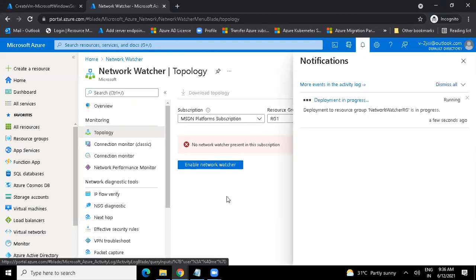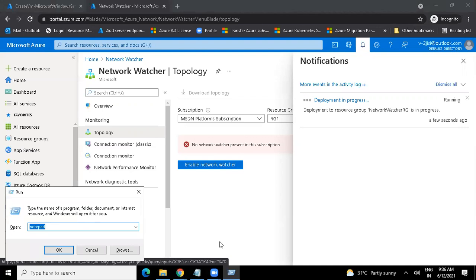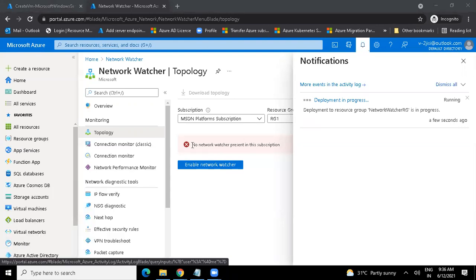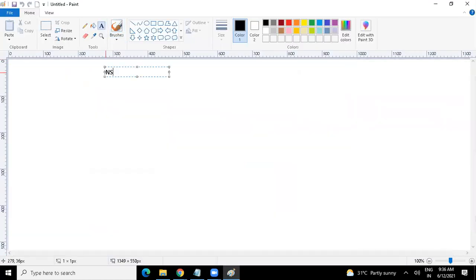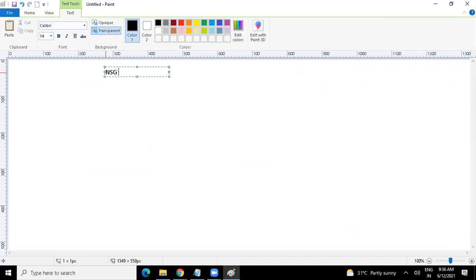Okay. I have one more doubt about ASG and NSG. We can apply an NSG at a NIC level. We can also apply an NSG at a subnet level. NSG can be applied at both levels, so it can be associated with the NIC as well as with the subnet. But an ASG we would only be able to associate with a NIC. NSG can be done with both. ASG is nothing, it's a part of NSG.